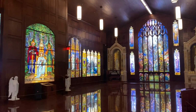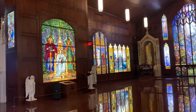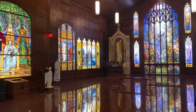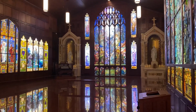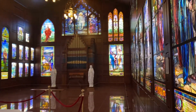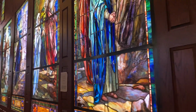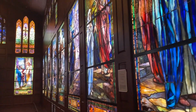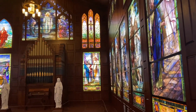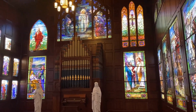So, as you probably all know, stained glass has been around for many, many years, dating back to the medieval times. But the pieces that you see here today are what most people think about for stained glass, referencing biblical scenes in the Bible. What's really important is that these pieces, these artworks, were created to help the general population understand these stories in the Bible. But interestingly,